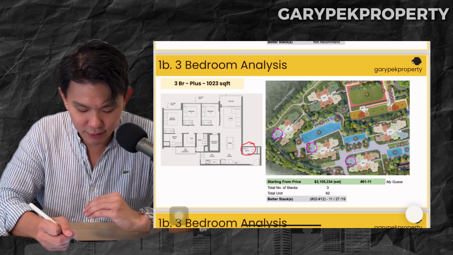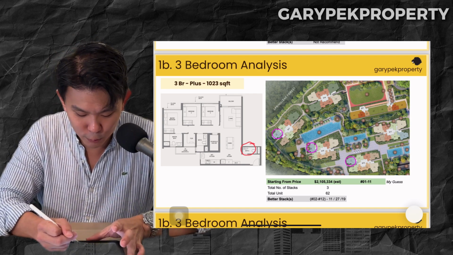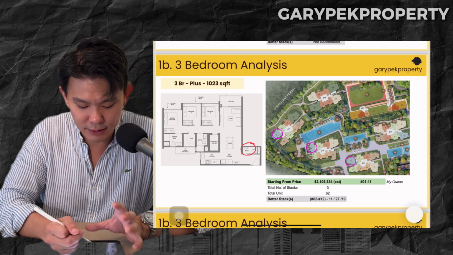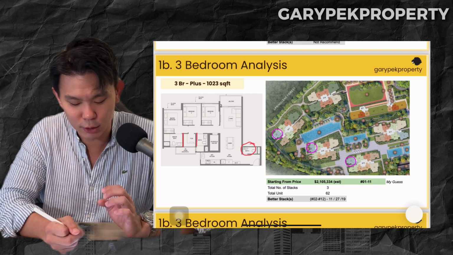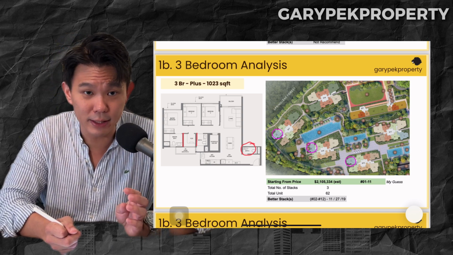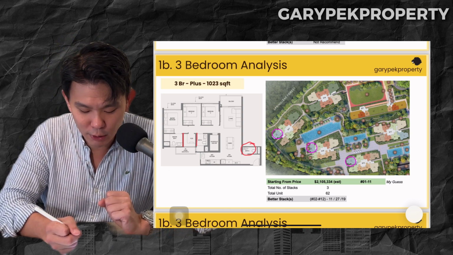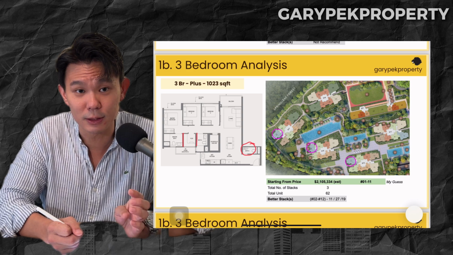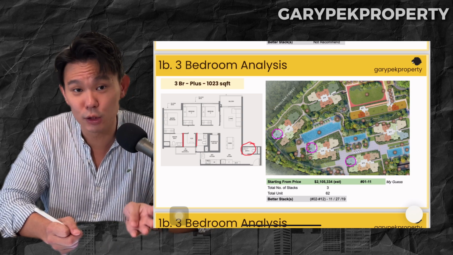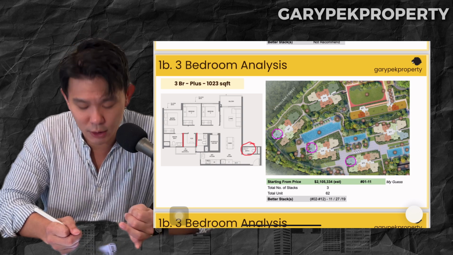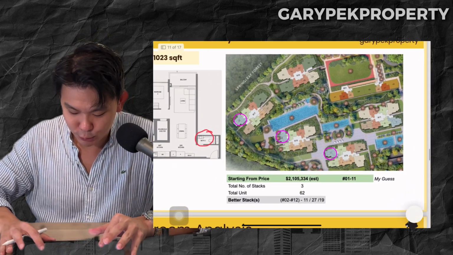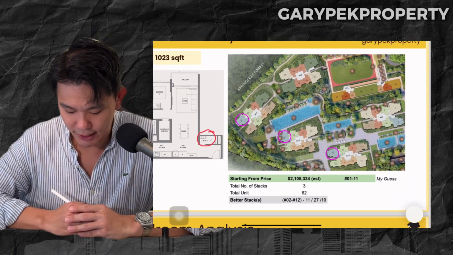Okay, the home shelter faces towards the hallway into the room. And most importantly, I think this layout is quite good because it comes with a flex unit. So it's like a 3+ study or maybe a small 4-bedroom, where you can still house your helper if you need to, or use it as additional storage space, but more likely as a work from home station. So basically for this, we have 3 stacks as I mentioned, and I think the estimated starting